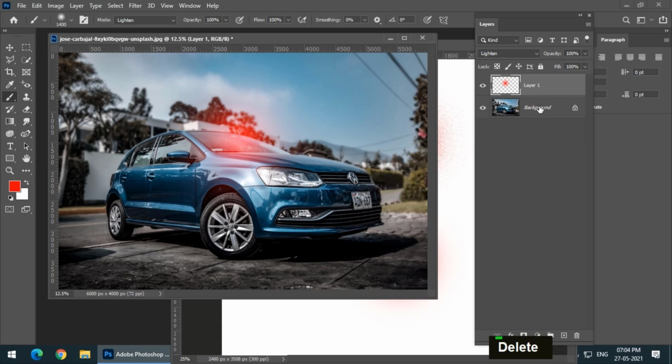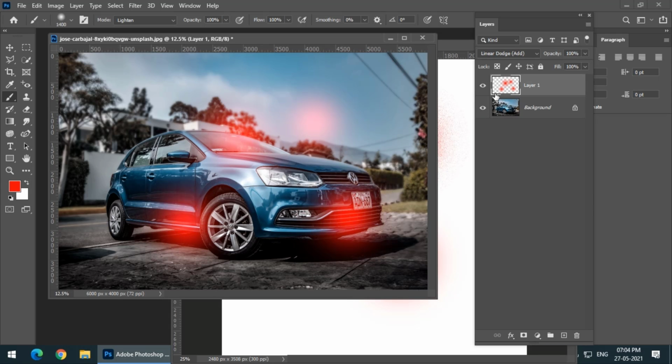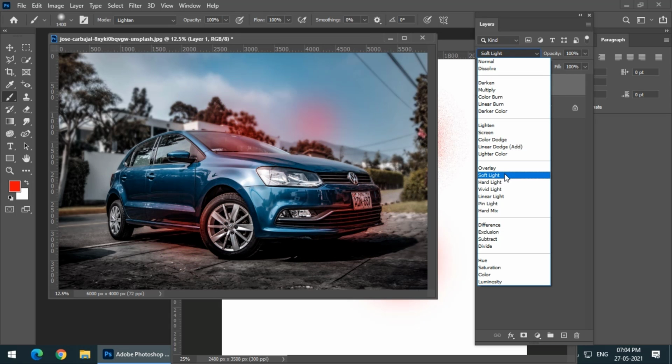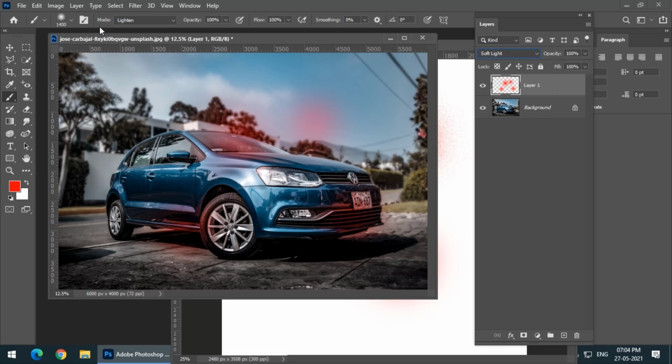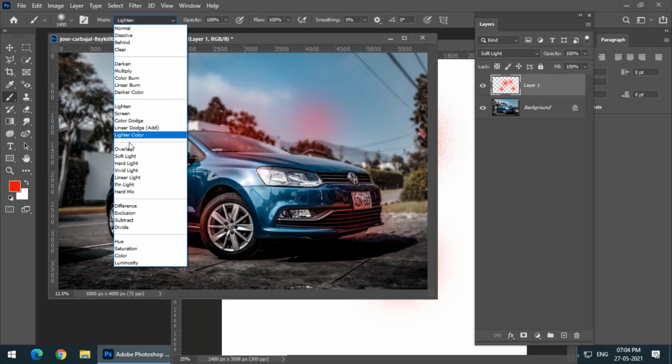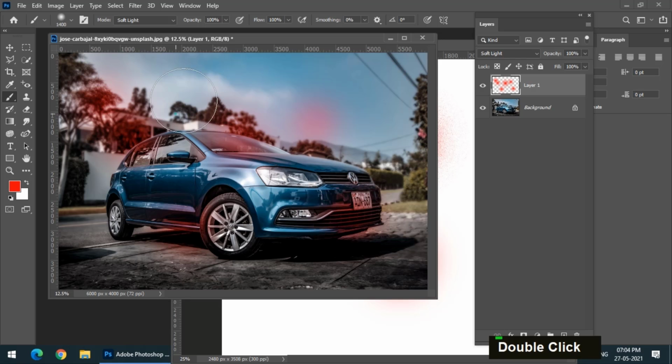So we can change. Look, let's say if I change it to soft light, and again I will change the mode to soft light. But remember one thing, while drawing it from here and this one, it has to be on the same layer. If you create it on a different layer, the effect will be different.